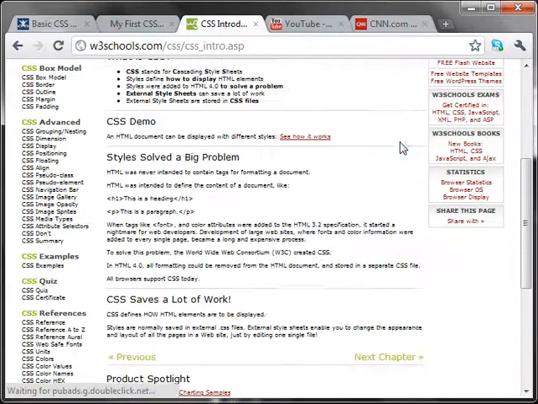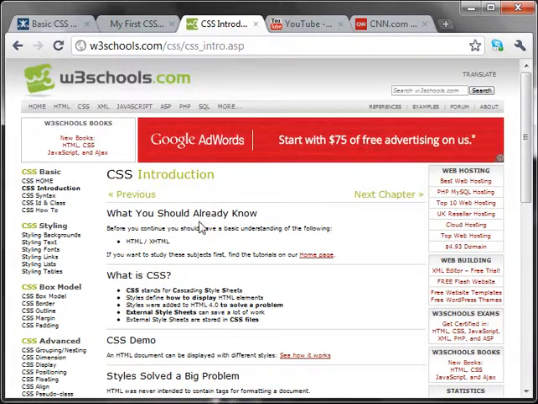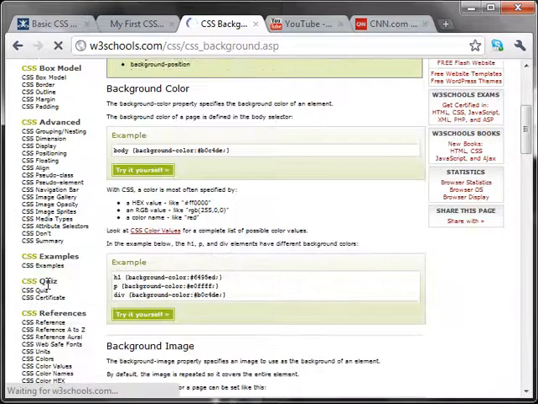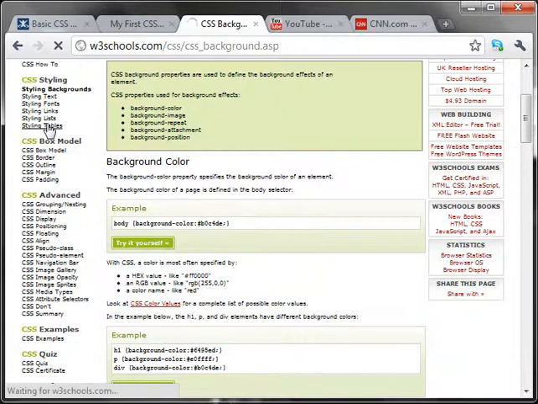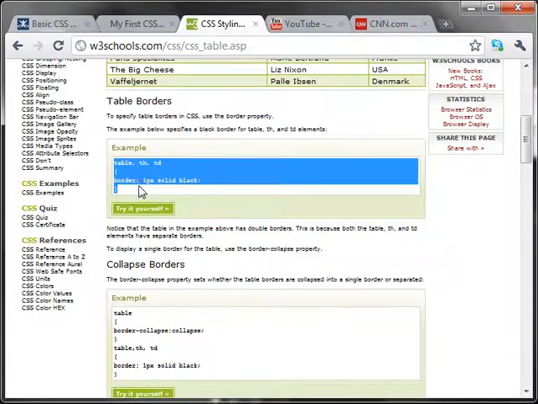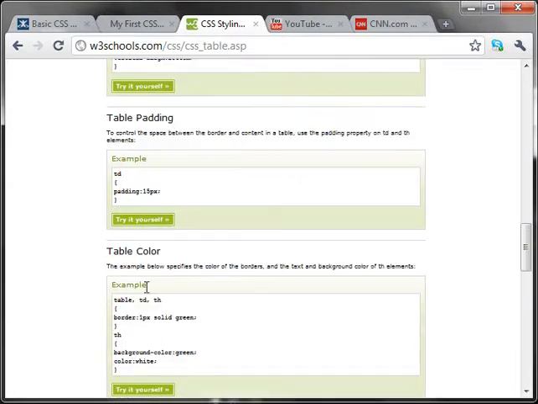Okay, you can tell anything in the HTML to look a certain way by using CSS. Okay, so you can use backgrounds, you can change the fonts, how anything looks at all. You can change it, okay, using this. So even tables, how tables look. Okay, and it's the exact same syntax. So just go through these, play around with it, and take some time just copying and pasting and just playing